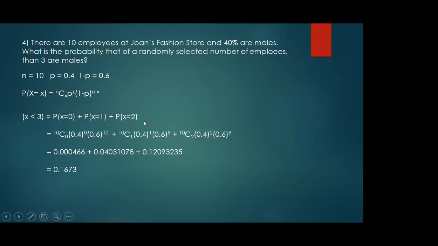And then all we're going to do now is substitute the values into our binomial distribution function. The probability that x is equal to 0 is 10 choose 0 times 0.4 raised to 0 times 0.6 raised to 10, which is 0.000466, plus the probability that x is equal to 1, which is 10 choose 1 times 0.4 raised to 1 times 0.6 raised to 9, which is equal to